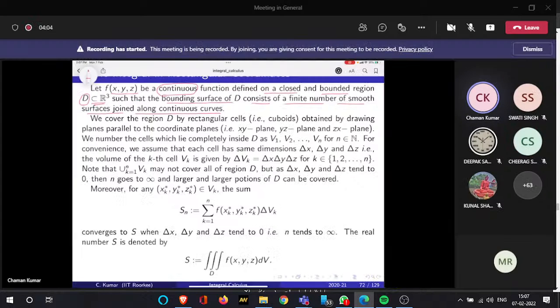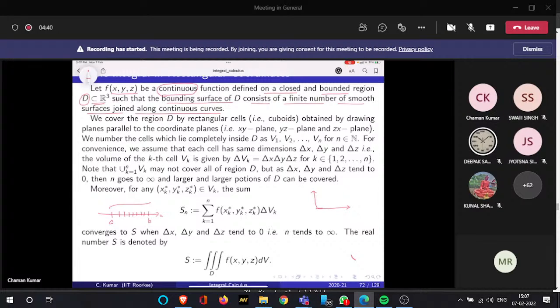Remember, when you have just a single variable, f was a function of just a single variable x, and you want to integrate this function over the interval a to b. We partition the interval a to b equally, and then we moved to a function which is